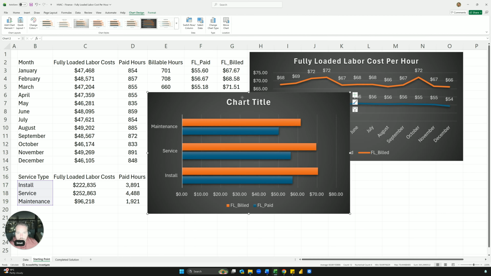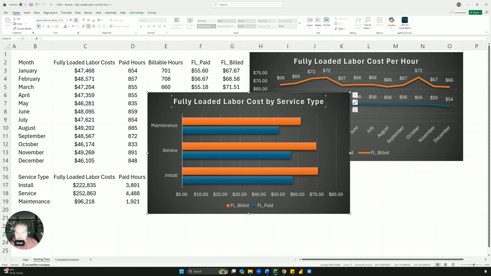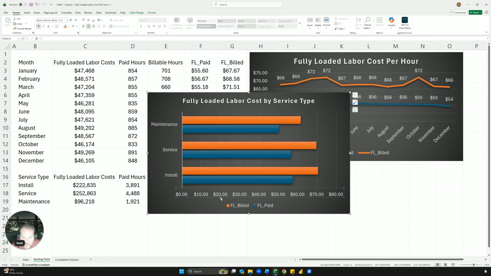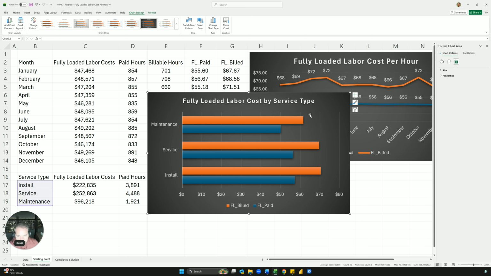Okay. Make it a little bit darker. Call it fully loaded labor cost by service type. You can also add, by hour, by whatever, and then make it a little bit smaller. Okay, so that's pretty much how you do that. If you want to remove these decimals, you can double click and then you can change the number here to 0. And if you wanted to see the values, you can click, maybe you're more interested in